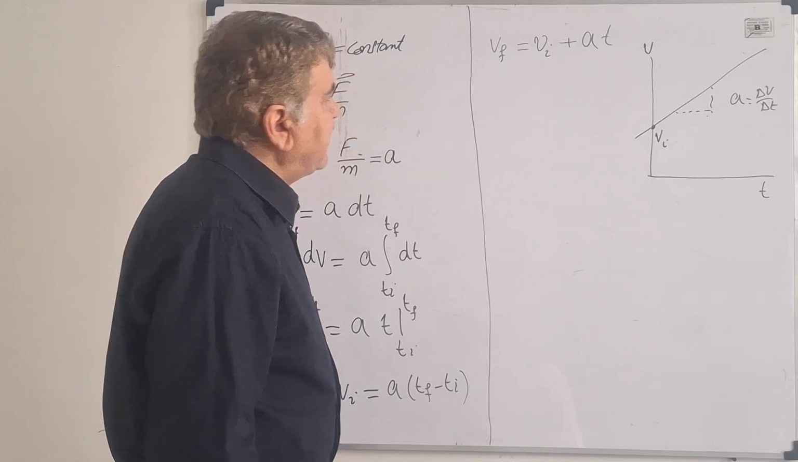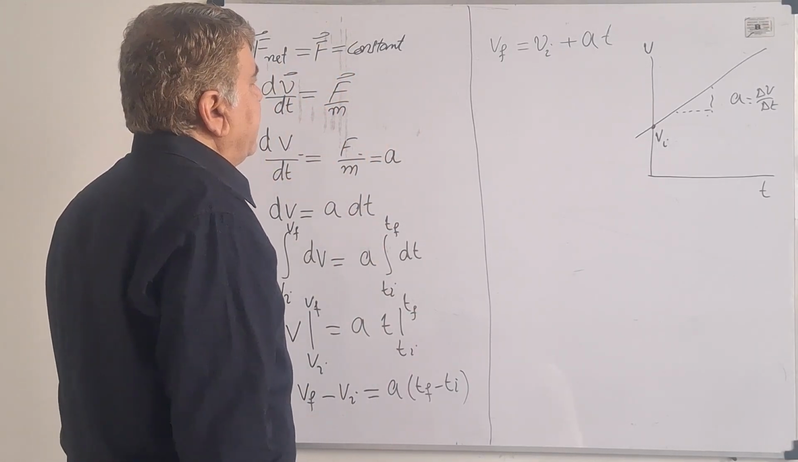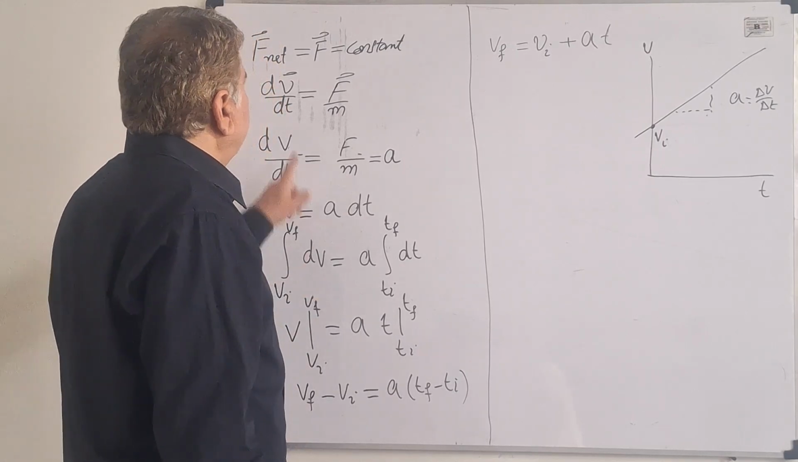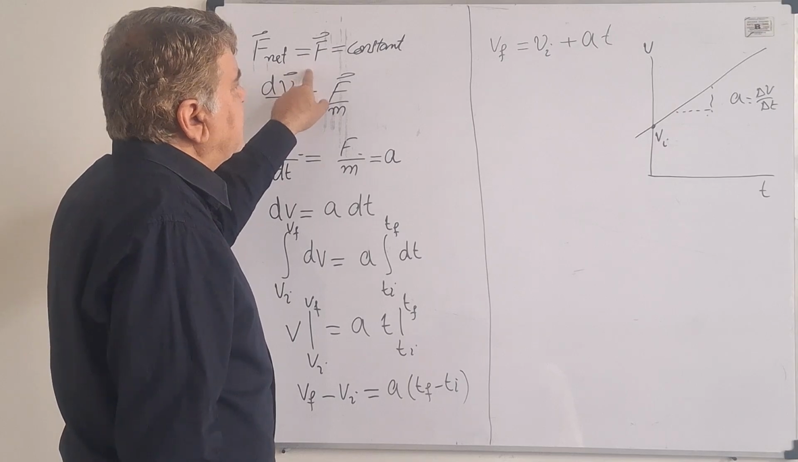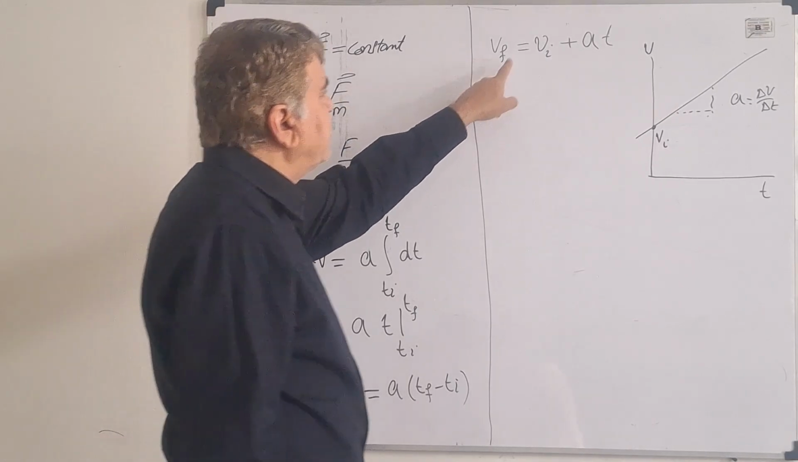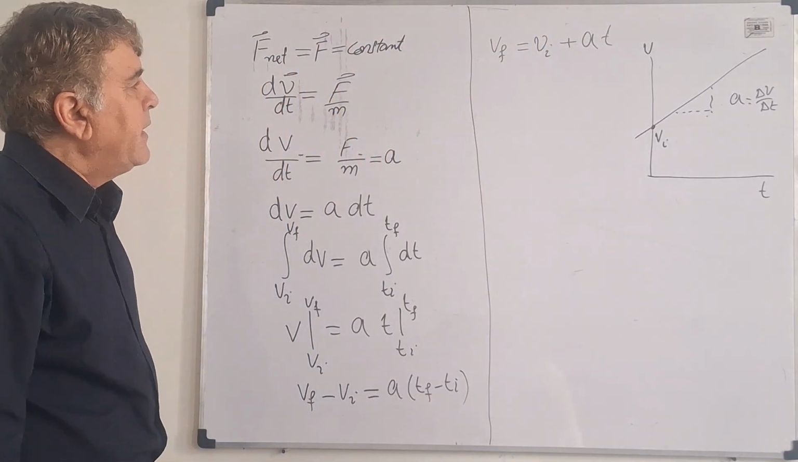Now, this is the equation for the dynamical variable velocity under the condition that force is constant. Remember this is the condition. This is a very important condition. We can use this equation only if the acceleration of the body is constant. Now,